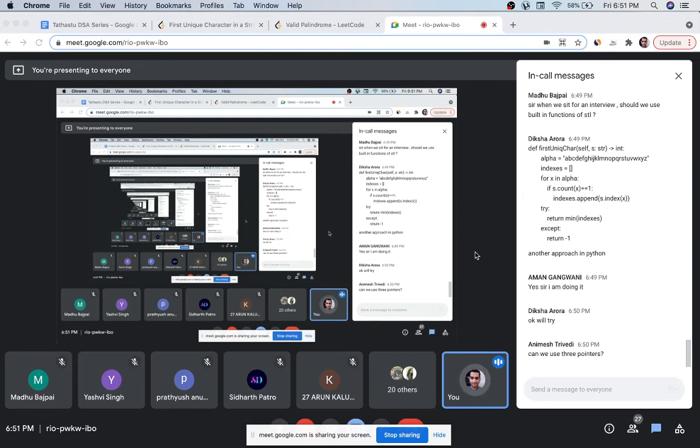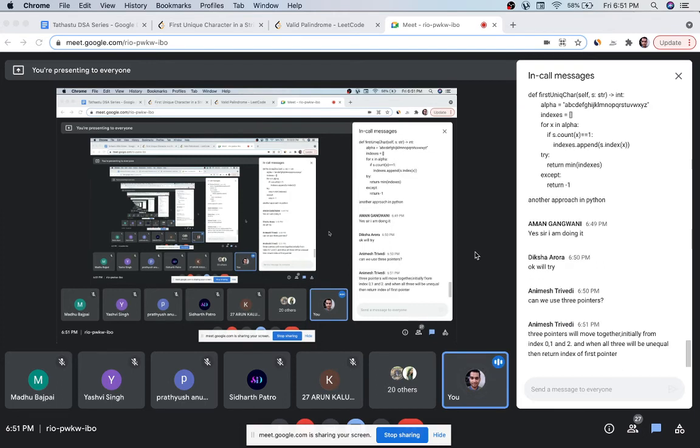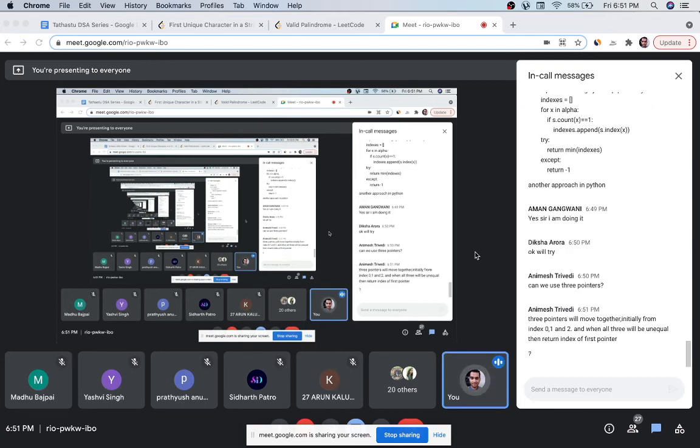So for the approach we are going to use, you have to take extra space in this question if you want to do it in O(n). In many questions you will have to barter between whether you take additional space complexity or additional time complexity. Like the brute force approach, it cannot be solved in less than n square. You can also sort the characters, whether it's allowed or not.